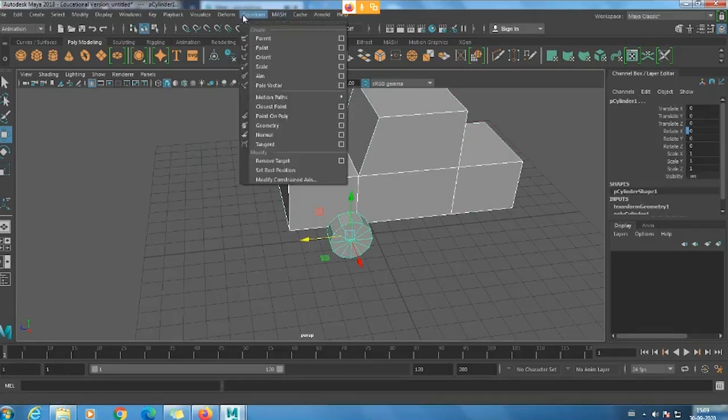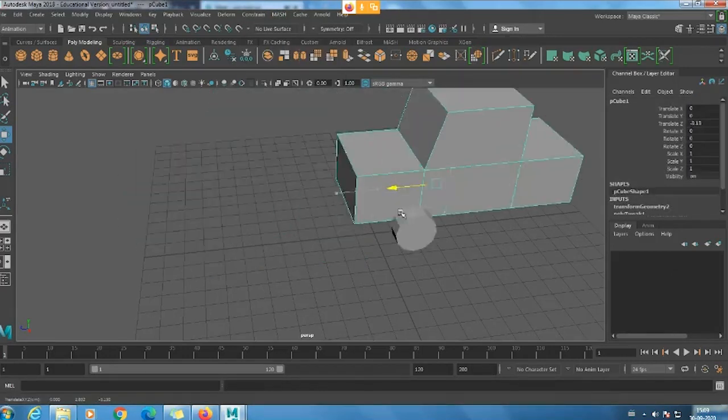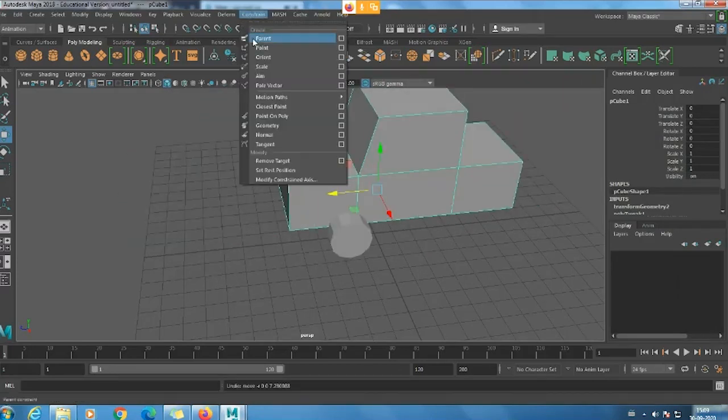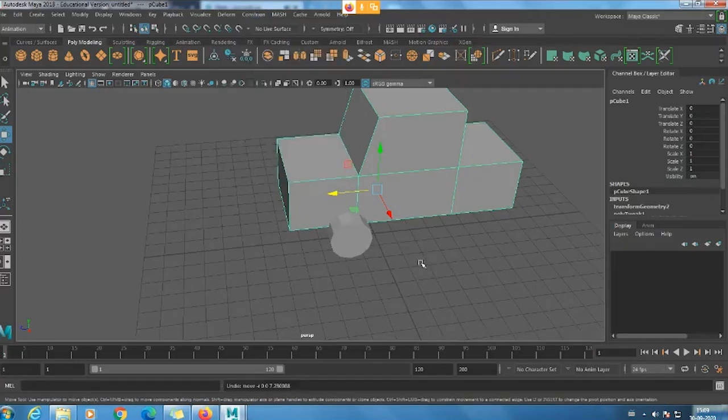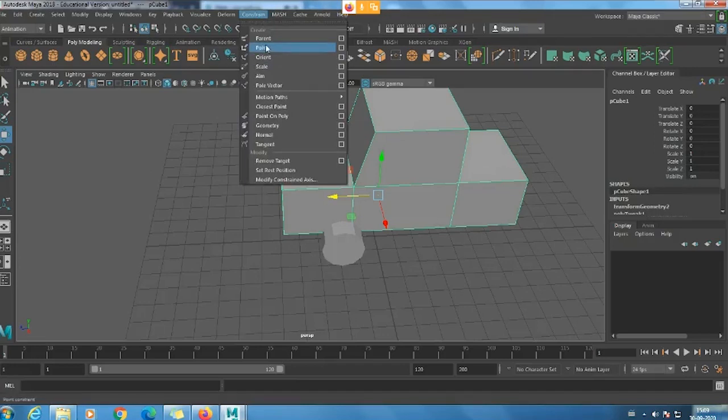Okay, I'll just try with this point constraint. Yeah, for this, actually, point constraint is working. So if I give parent constraint now, this rotation is not happening. So only it is parented with that one. So better go with this point constraint.